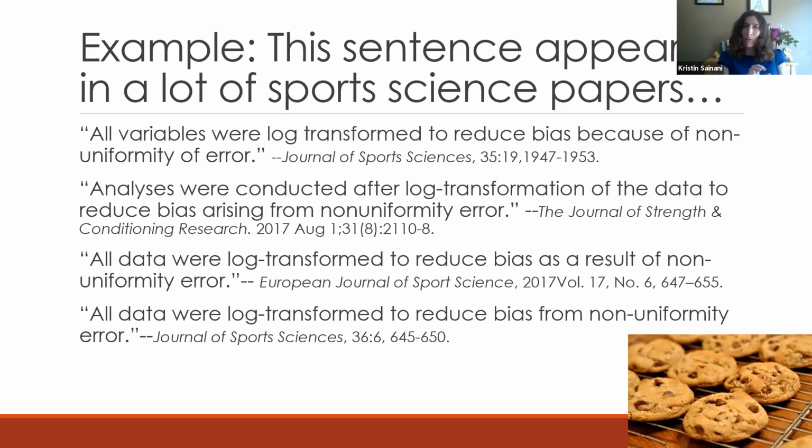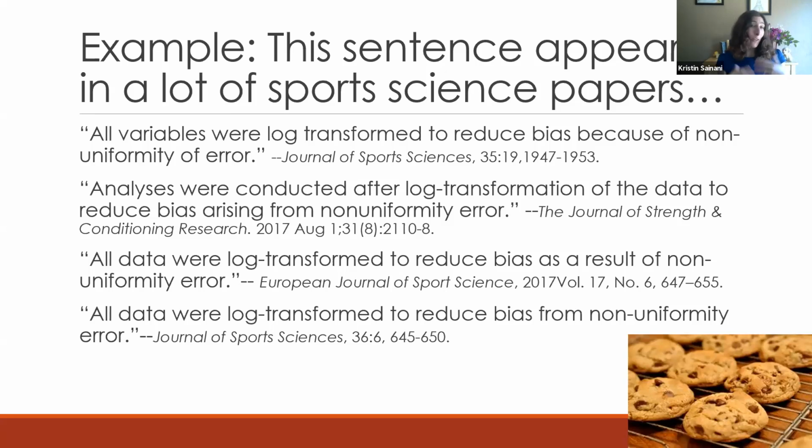Now, non-uniformity of error, I think what they're talking about there is what we commonly call non-homogeneity of variances. The homogeneity of variances assumption, as probably we've all heard, is something that underlies linear models. So when you're doing a t-test, ANOVA, or linear regression, this is something you're supposed to check. But what struck us when we were reading these papers is that it was just this sentence over and over again. The authors didn't say, we tested our data for non-uniformity of error or non-homogeneity of variances,